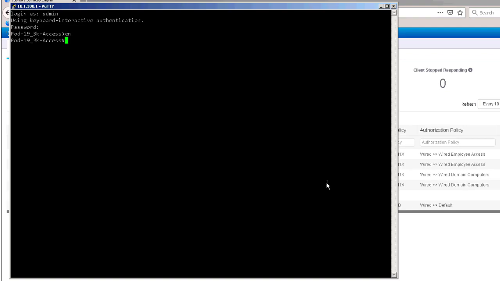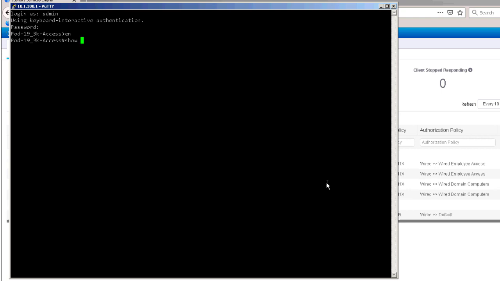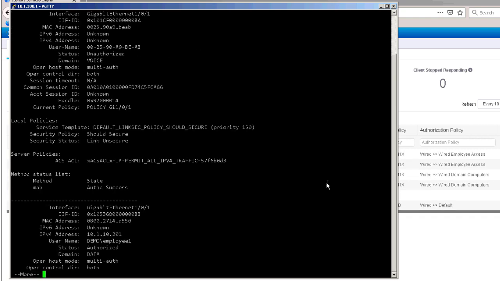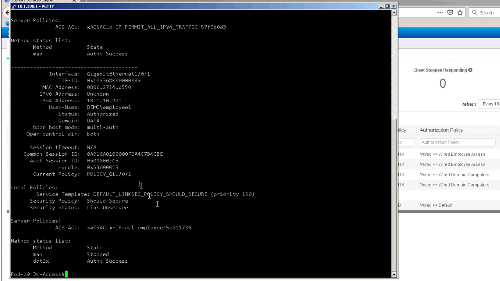And here we can do a show command which will reflect the authentication status of the interface that the Corp PC is connected to. And we'll do the detail screen to see the authorizations that were provided. So here we can see on G101 that we have authenticated with demo employee 1, and that the status of that session is authorized. And we can see that we delivered as part of that authorization our ACL employee DACL,